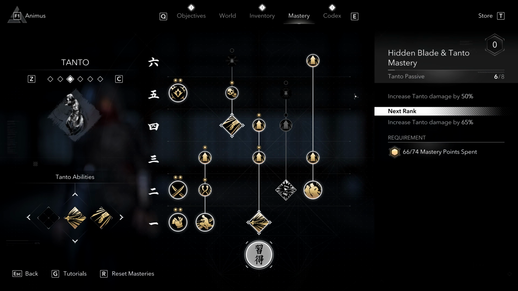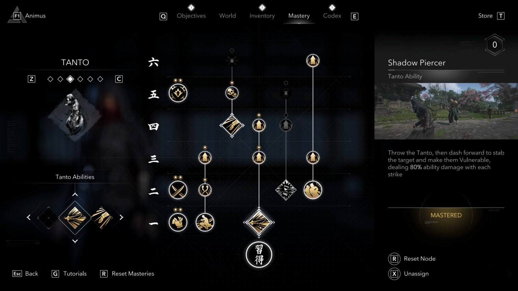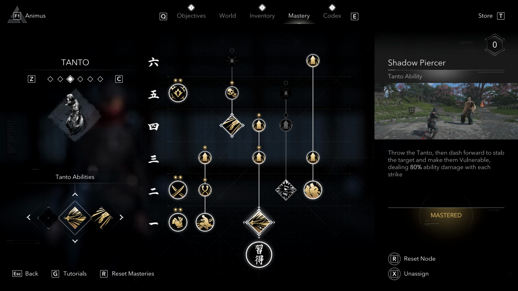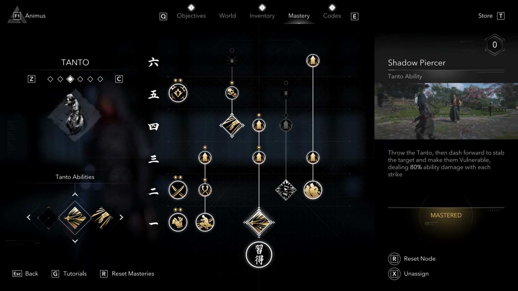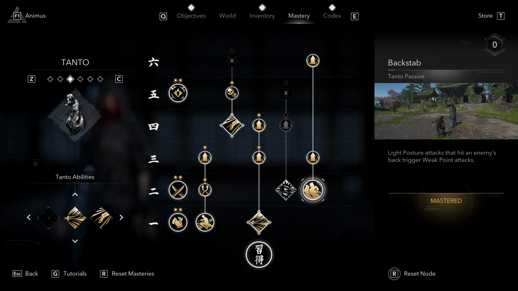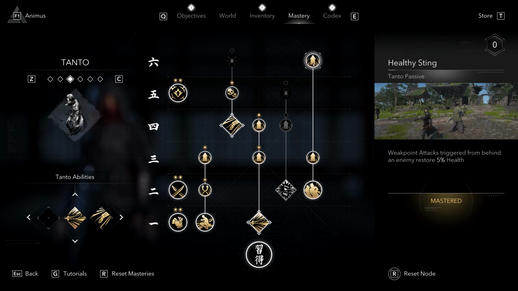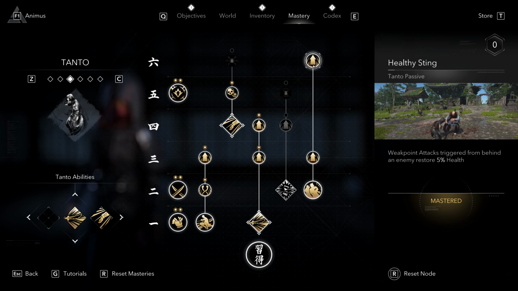This is where you want to pretty much pick up all the things you can. This by default already increases your Tanto damage. But yes, go for the Shadow Piercer to throw a Tanto, dash forward, and make targets vulnerable, dealing ability damage, which you can upgrade to deal more damage. Pick up the Backstab right here. With Backbreaker, you will ignore 100% of the armor or pierce it entirely, and also restore some HP with a